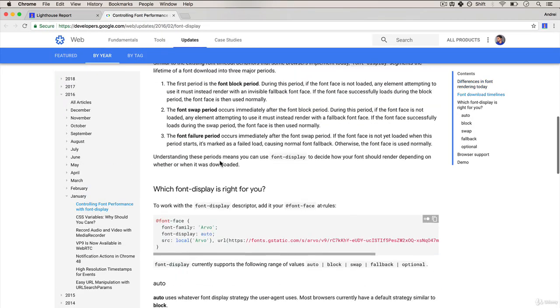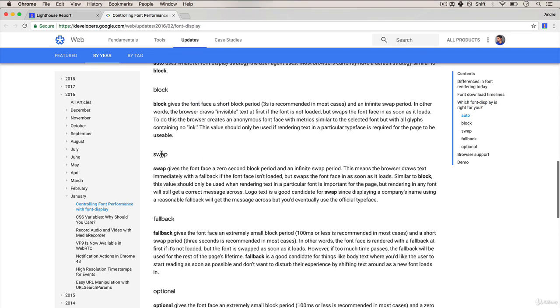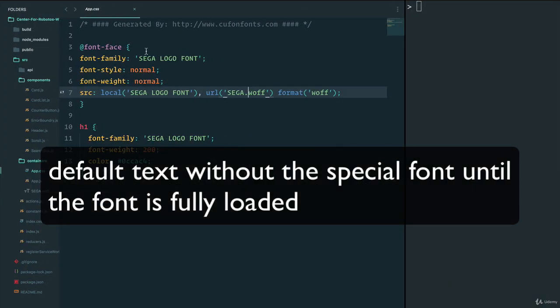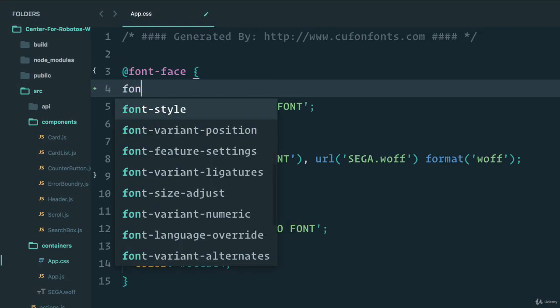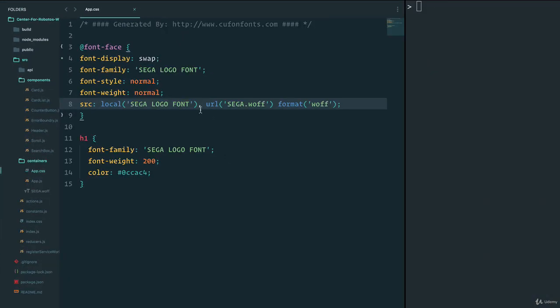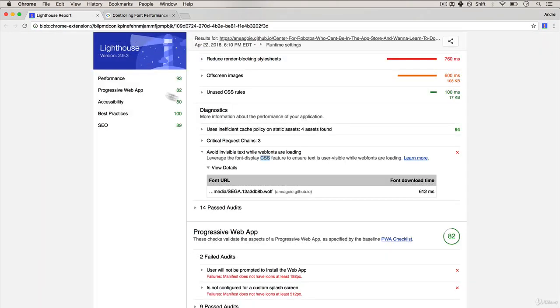But the idea is that we want something like the swap property that swaps the font face in as soon as it loads. So this means that browsers draw text immediately, and when the font face is loaded, it will swap it. So this way the user will see the RoboFriends text on the screen a lot sooner. Let's do that. We're going to go here and type in font display, and we'll say swap. And Lighthouse is really good at giving you pretty specific hints of what you can do